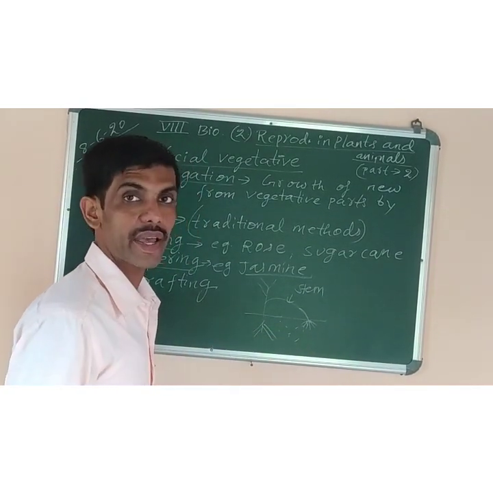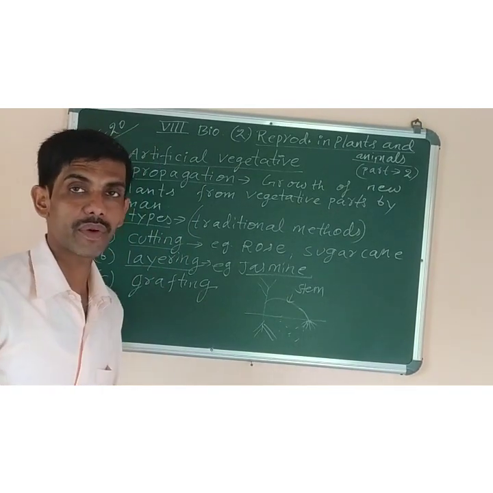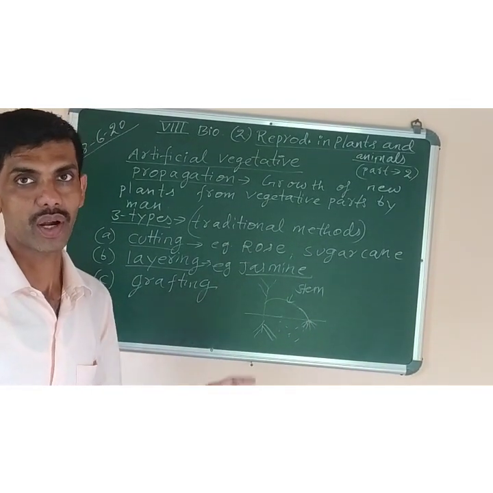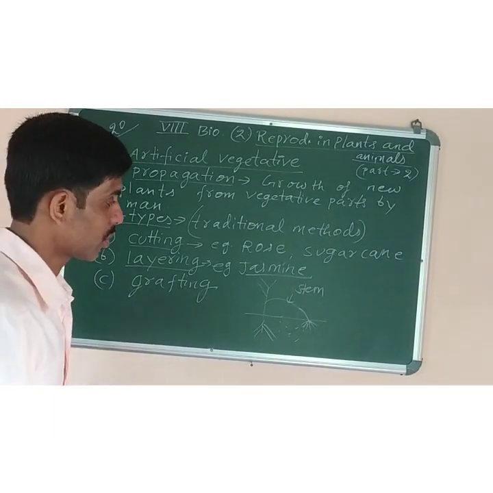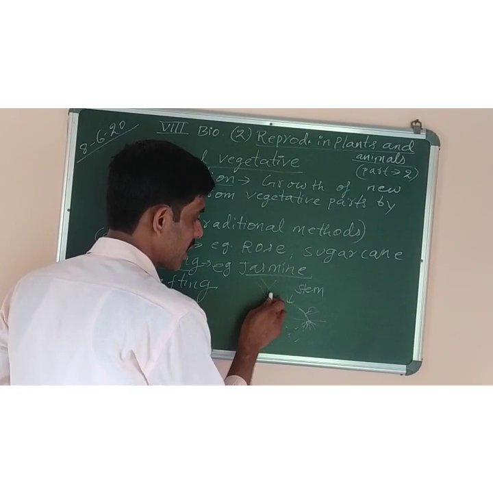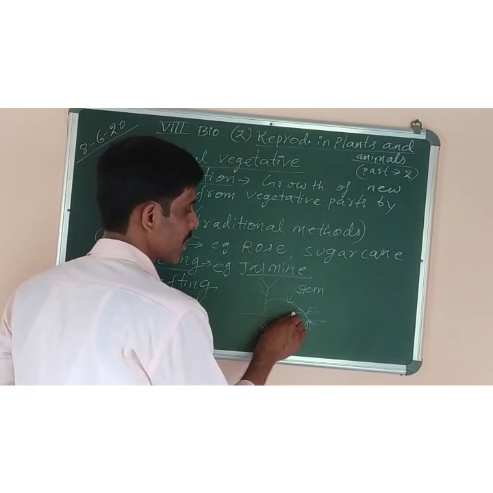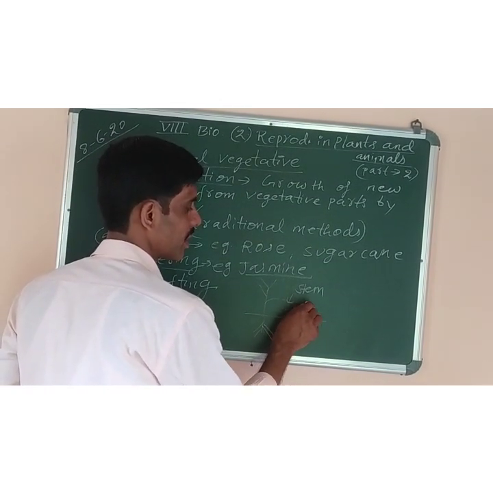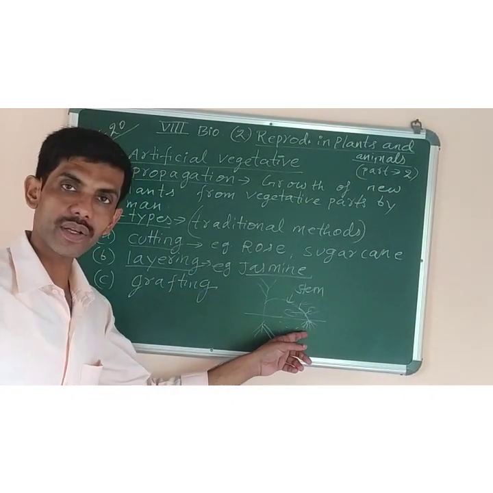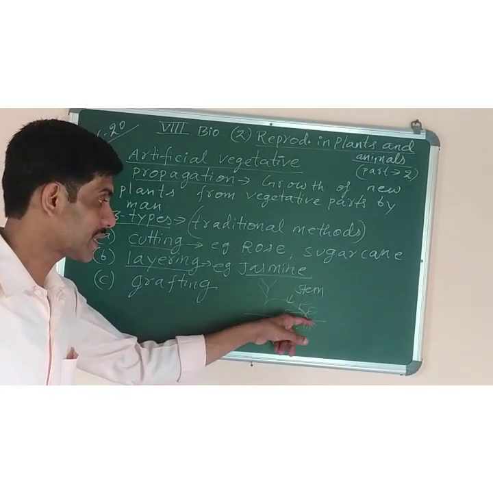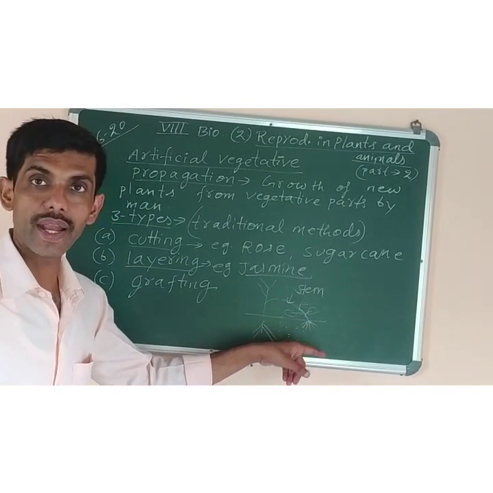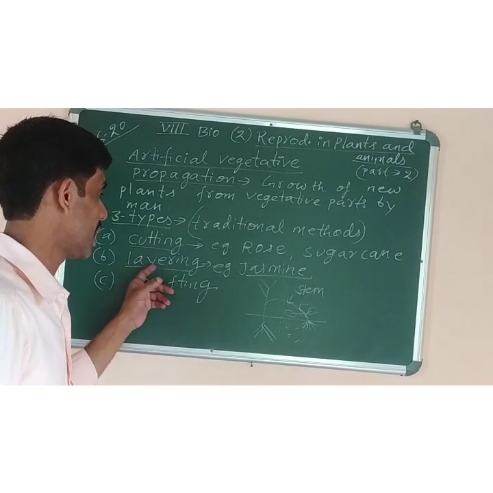Such roots are called adventitious roots. What is the meaning of adventitious roots? Roots which develop from the stem are called adventitious roots. Once the roots are developed and the leaves are also there, we can cut it from here and it will grow into a separate, new plant. So this method of growing a new plant by bending a stem so that it touches the soil and develops roots is called layering.